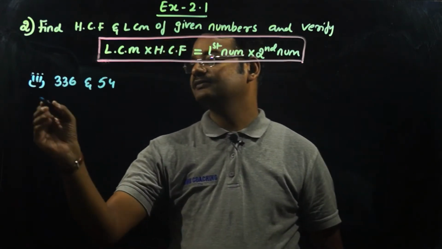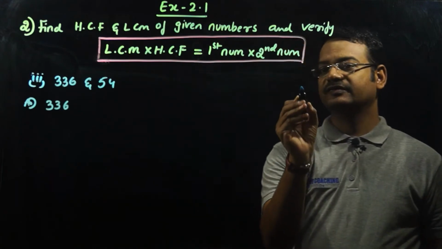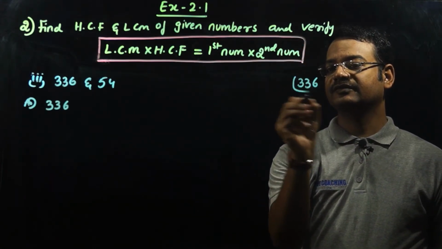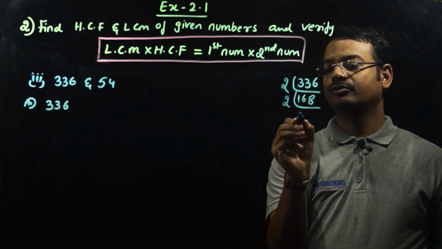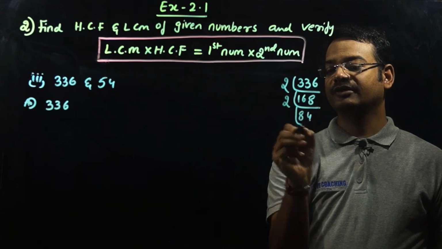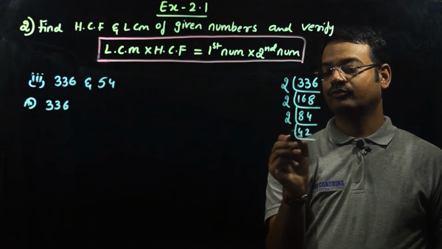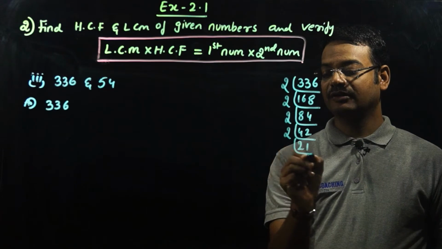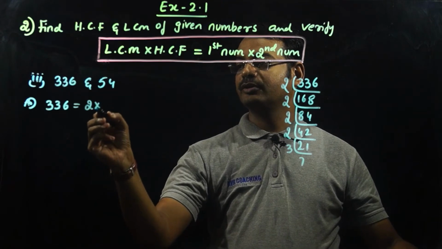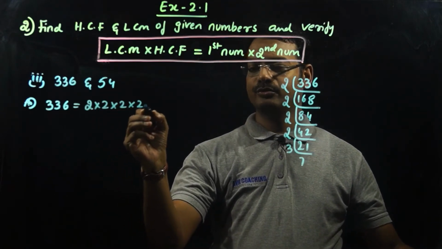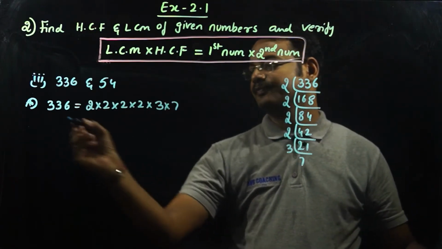So we'll first factorize 336 using prime factorization method. 336: 2 1s are 2, 2 6s are 12, 2 8s are 16, 2 4s are 8, 2 2s are 4, 2 1s are 2, 3 7s are 21. So 336 can be written as 2 into 2 into 2 into 2 into 3 into 7 and